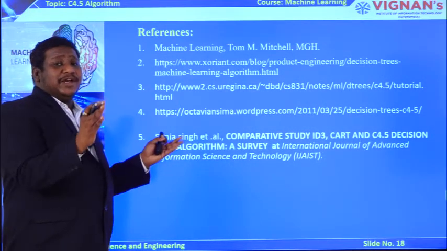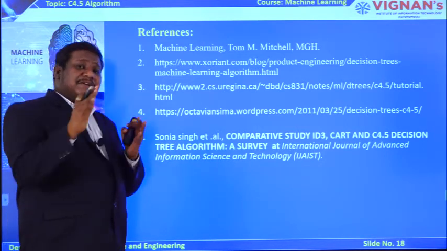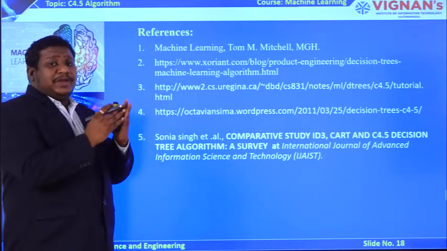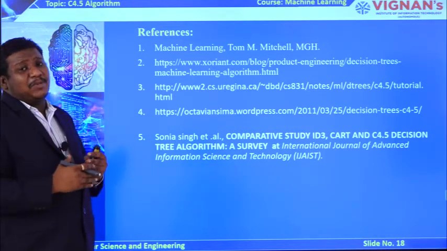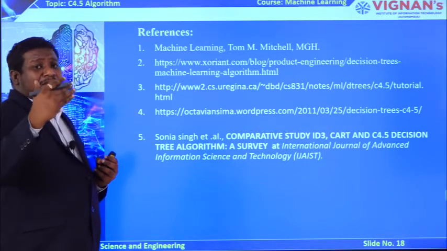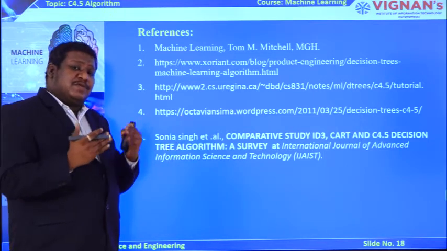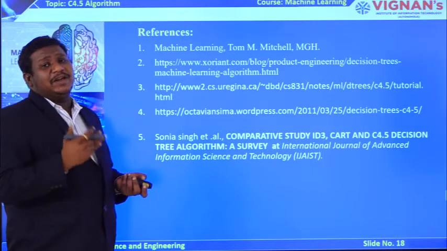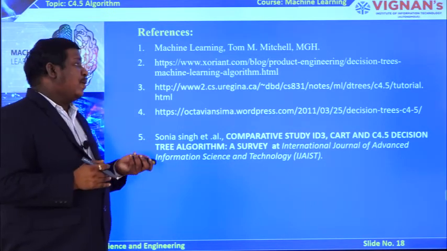As a whole, we have seen the C4.5 algorithm, which is an advancement of the ID3 algorithm, and it has some more advantages than ID3. It supports many advanced features like pruning and missing values estimation. But the common problem with both ID3 and C4.5 is that they are susceptible to outliers, so they cannot fully handle outlier values. That is the main difference and main point about the C4.5 algorithm.